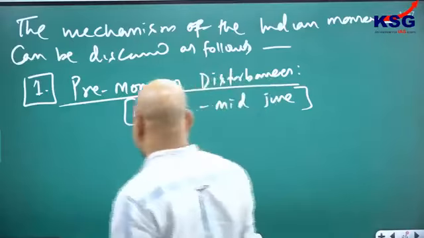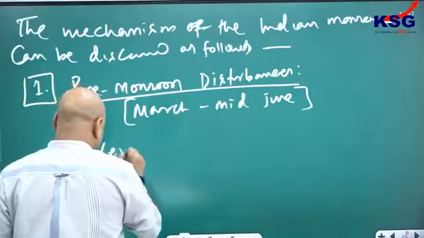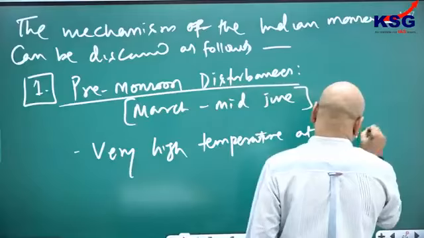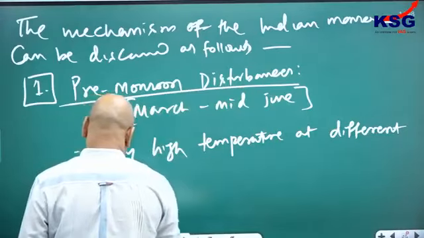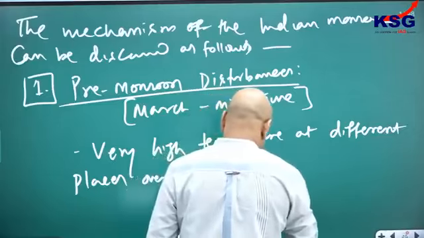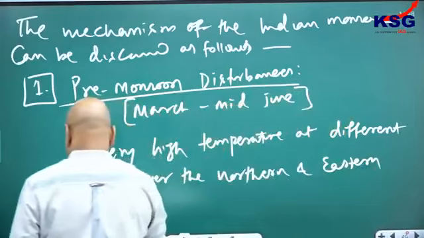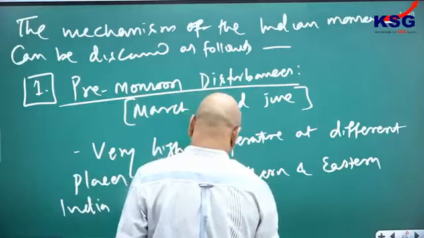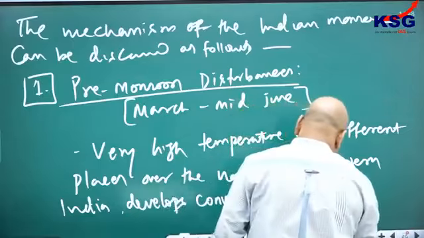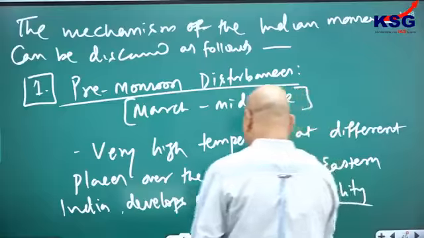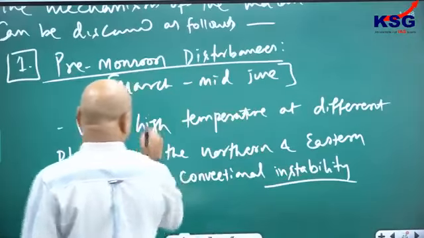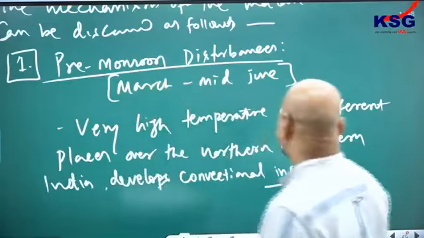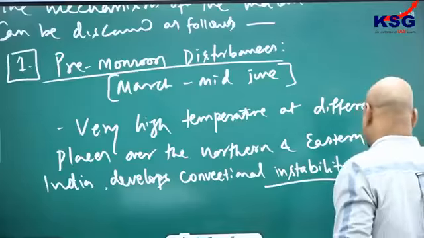तो मैं बताइए यहाँ पे प्री मानसून डिस्टर्बेंसेस में पहला है, you can note down: very high temperature at different places over the northern and eastern India develops convectional instability, and